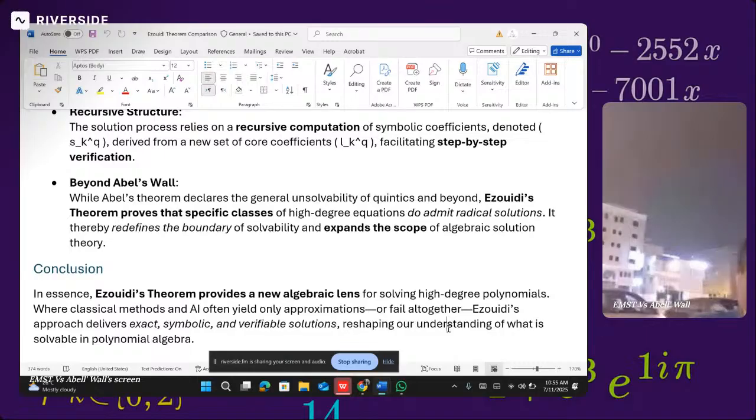Solutions hidden in plain sight. That's a great way to put it. And that journey explored today from